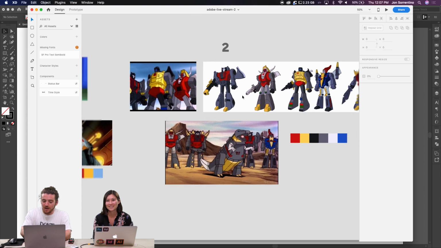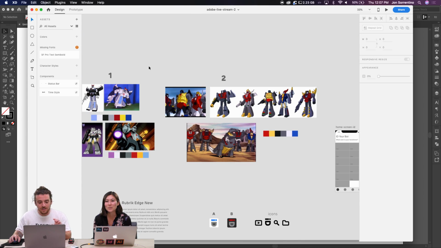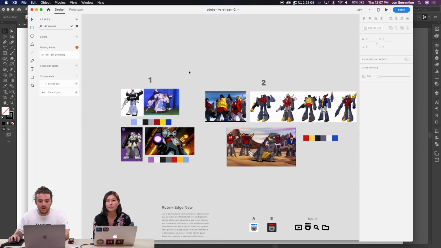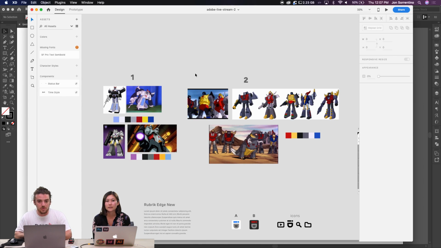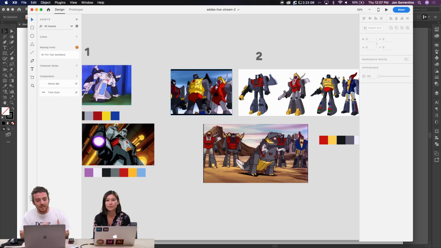All right, cool. Last night, knowing that we were going to do some more visual direction today, I put together this visual board of different Transformers characters. I'm thinking we should pick between two different themes.